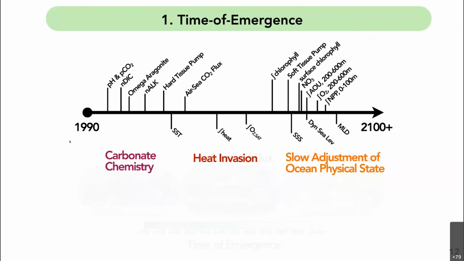However, it's pretty representative of many other Earth system model large ensemble studies, as well as representative of other studies that use different methods for determining time of emergence. So this is a rather robust chronology or narrative for understanding when changes occur. And we see here that there's quite a wide range of emergence timescales, from under a decade for changes in carbonic chemistry to over a century for the slower changes in circulation and nutrients and biology.